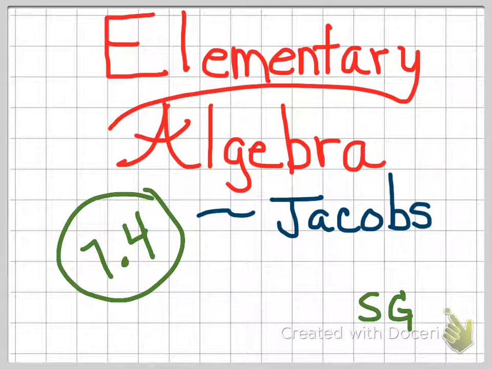Hi guys, so we are on chapter 7 of Jacob's Algebra. We're working on simultaneous equations, and lesson 4 of chapter 7 brings in the graphing into the picture on everything we've done in the previous